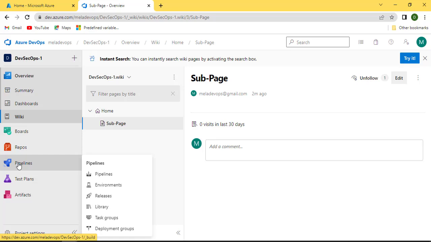Every company will have a Confluence page. They will have Azure DevOps also. I've seen many companies using Azure DevOps, but not at its full potential. They are using third-party tools, like Jira for work item management, and just for namesake, Azure DevOps for building pipelines, and GitHub for repository management. So it's not about tools. As I said, DevOps is not about tools.